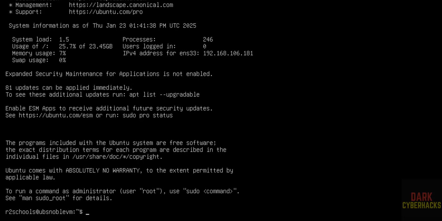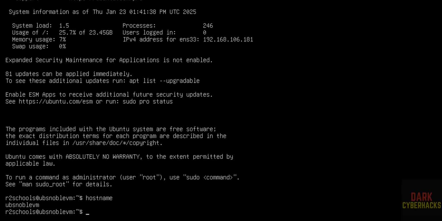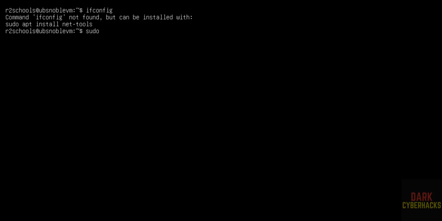Even we can also verify by typing hostname. See, this is the host name. Okay. And also see here, it populated the information about this server. Run ifconfig to find the IP address. See, we are unable to find. See, command ifconfig not found. So sudo apt install